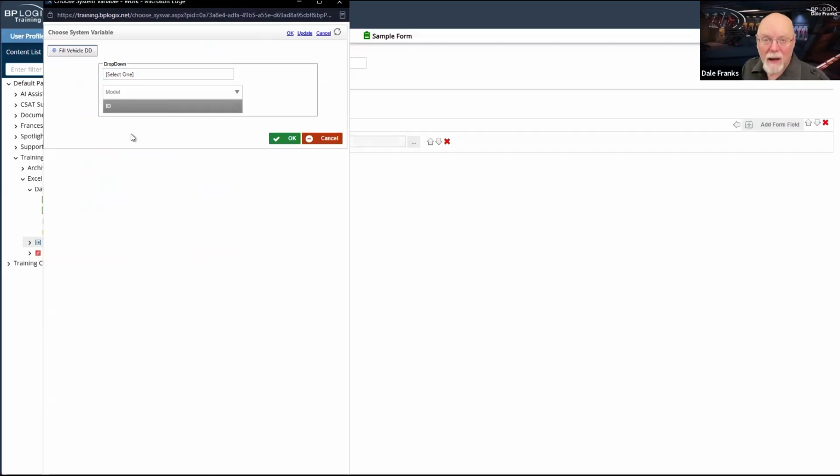The ID, as I explained at the very start, is our primary key. So each ID value can only identify one and only one record that exists in the table. So by making the ID the value of this dropdown, I can now use this dropdown as a filter to pull my make, model, and year for my other fields.